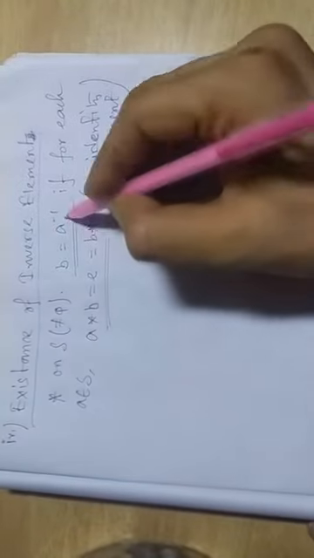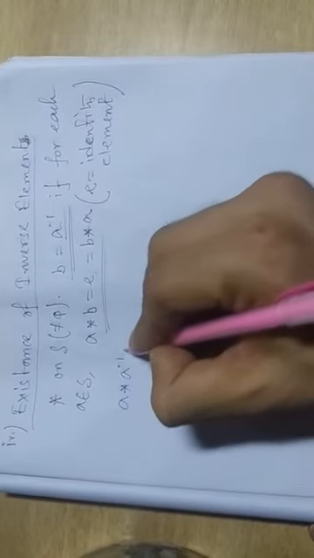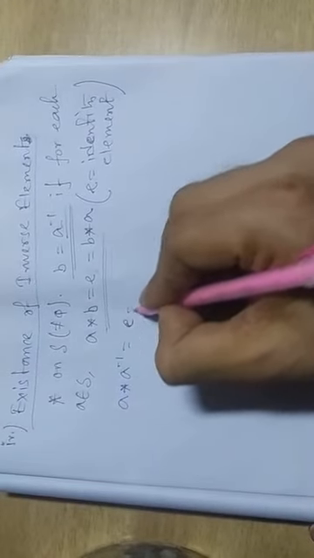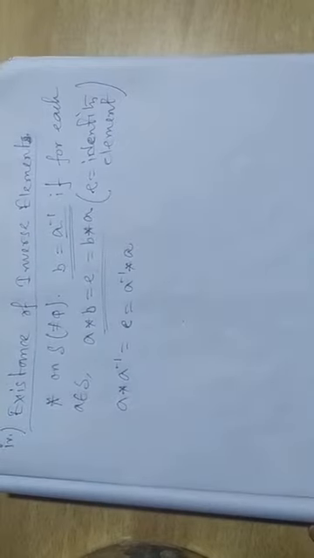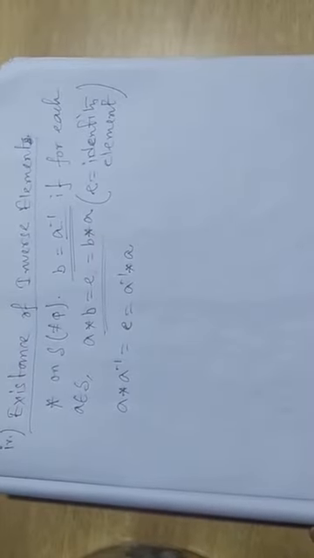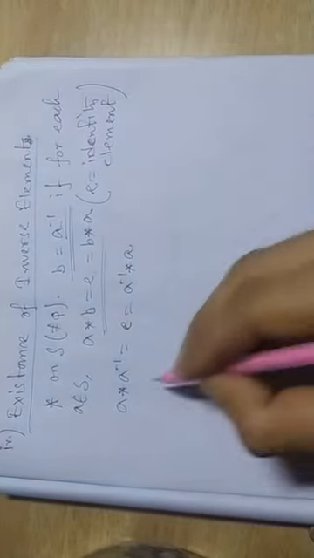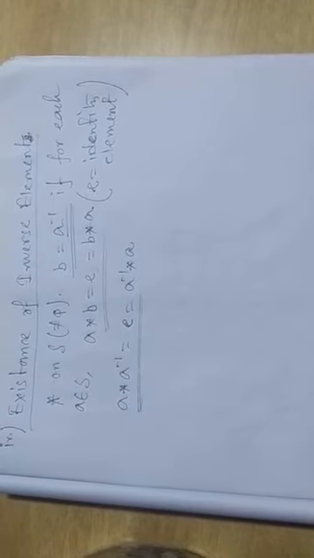So instead of B, if we write A inverse, then we can write the identity like this: A inverse A equals E equals A A inverse. So we can also write this one. We don't need to write B all the time. We can directly write A inverse. So from solving this equation, we have to find the value of A inverse. If we can find some A inverse, again it will be a unique one. For each element there will be only one A inverse.